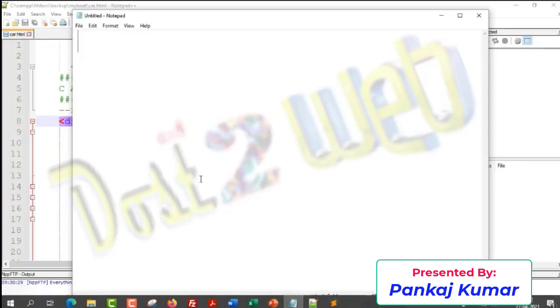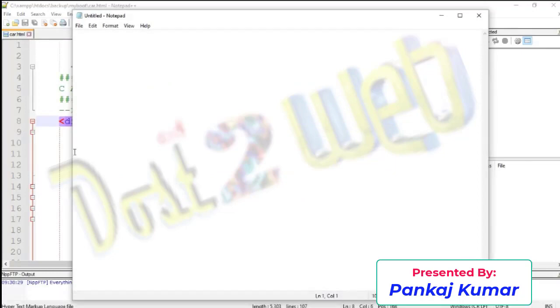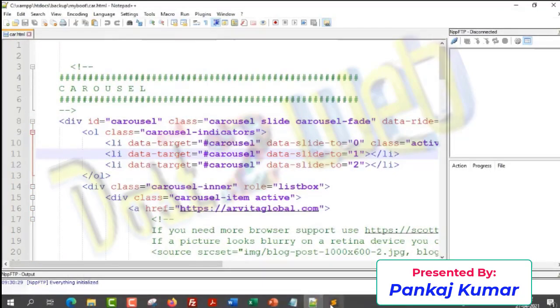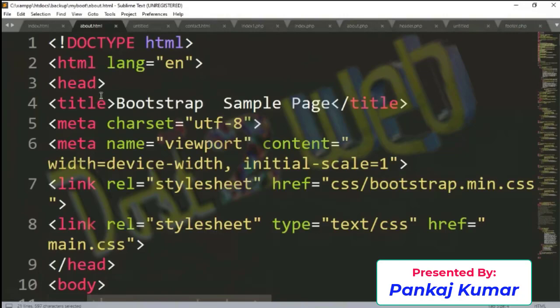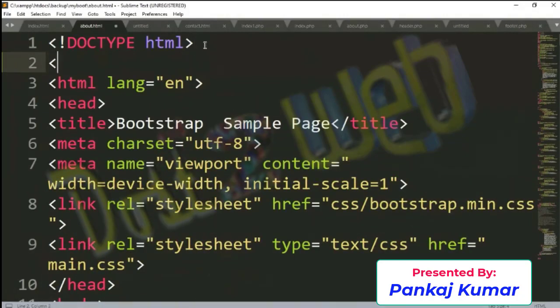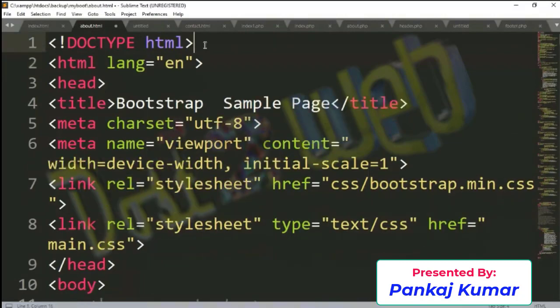Otherwise, there is software that will give you the code. For example, if you use the Sublime Text editor and write any code, you can see it automatically displays the HTML to write. So don't use this one in the beginning. You can use it later on. It will become the practice for you all, and you will learn this way.